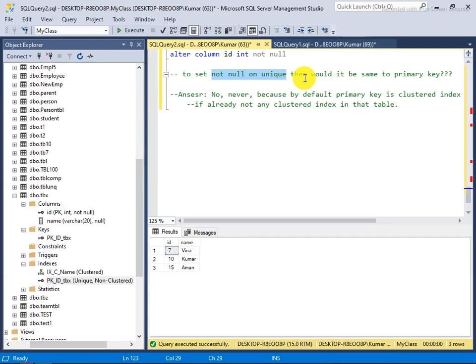Like it doesn't make an order. A unique key doesn't make an order. However, a primary key by default tries to make an order, because a primary key by default is a clustered index. As I said, a clustered index always tries to make its order physically in a table, but a unique key may be physically ordered only if you declare it as a clustered index; by default it doesn't. So that's the difference. When you try to run it yourself, you will easily understand.